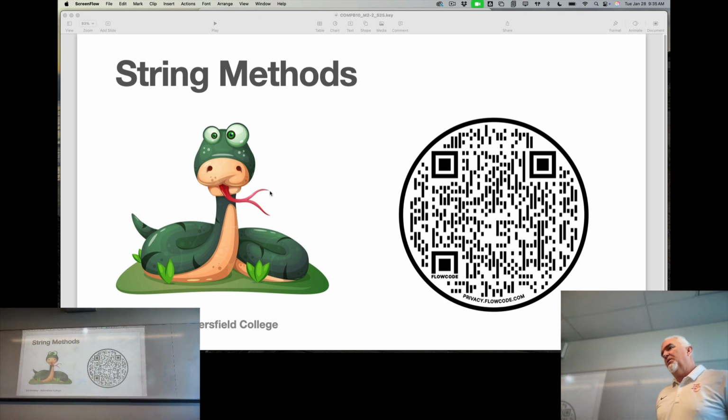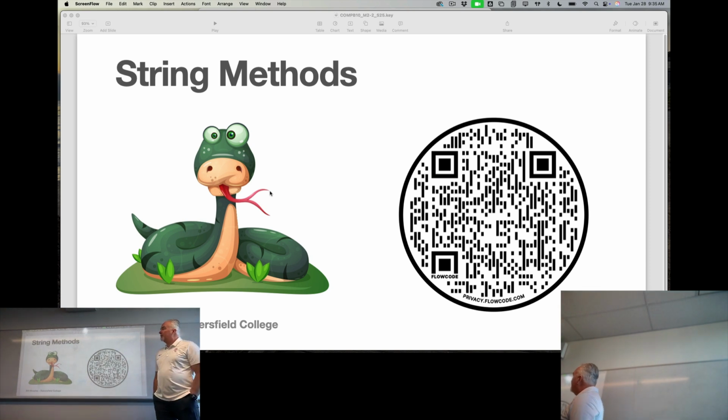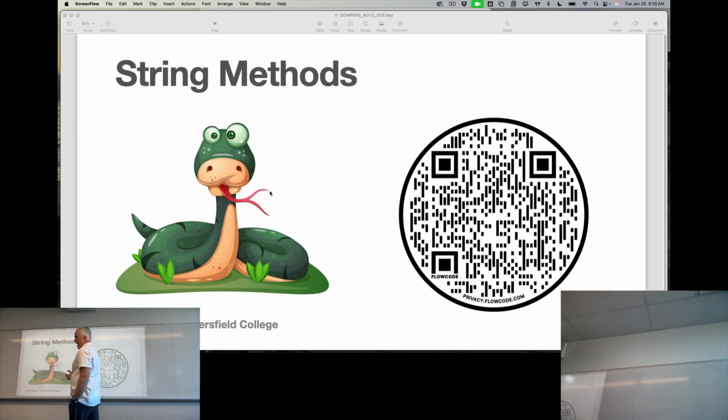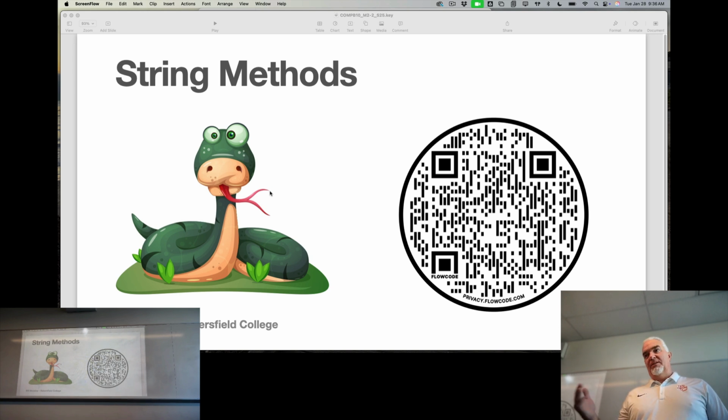So today we're going to dive into something called string methods. And when you hear the word method, I immediately want you to think of the word function, because a method is very similar to a function. The key difference between the two is that with a function, the context of the function is Python. It's the whole program. With a method, the context that we're calling that in is a string in this case. So we're using a string